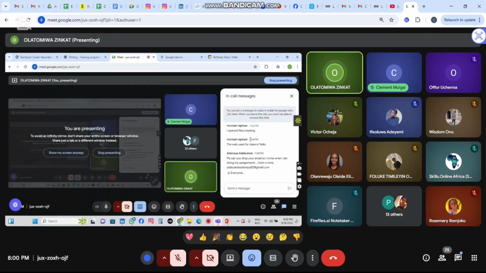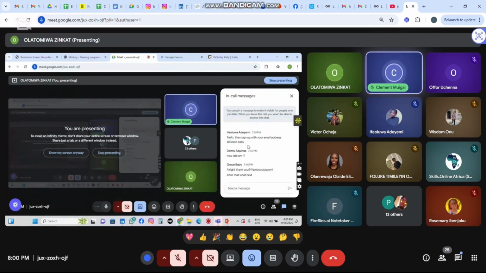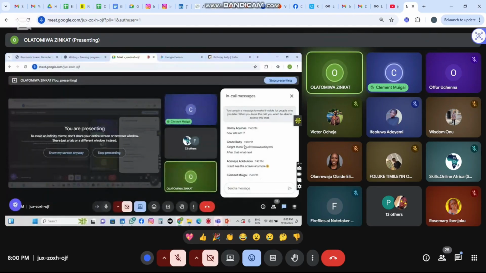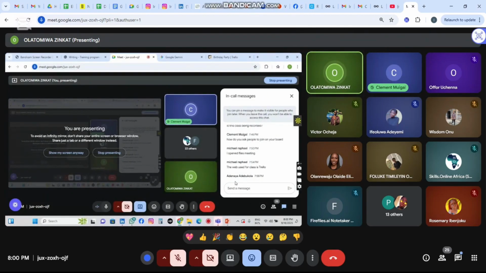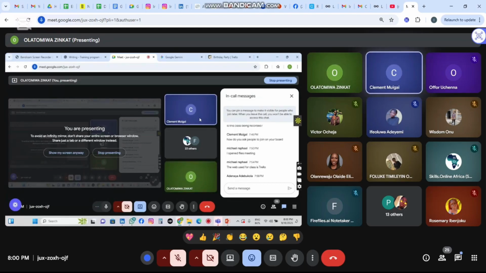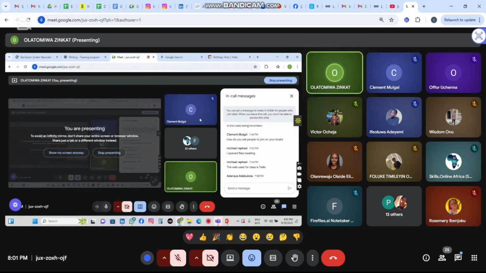I open file meetings. What does that mean? I was saying if everyone can send their emails so that we can do this assignment together. I did not record though. This thing has been giving me problem. Clement, let me hear you, please. Repeat your question, please. I'm saying if everyone can send their emails through the WhatsApp group so that we can do the assignment together. If they can send their email through the WhatsApp group, I will suggest that